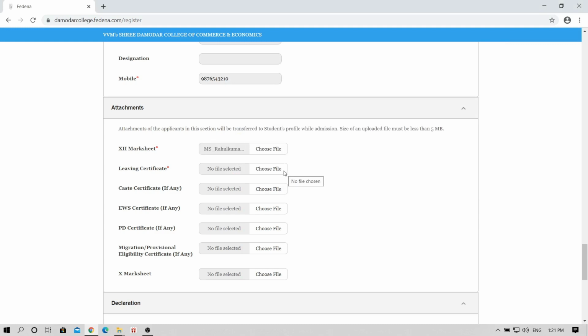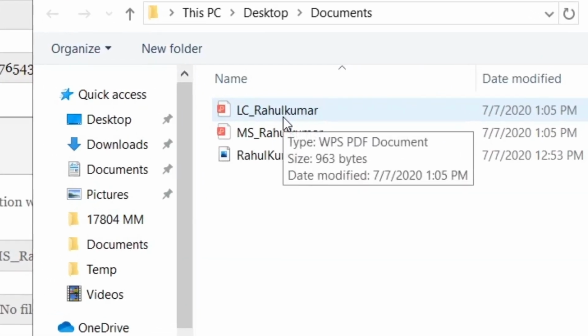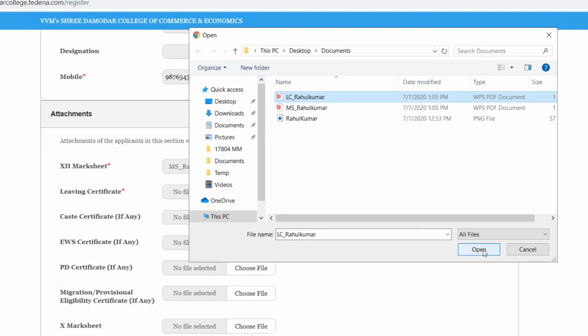So the mark sheet is attached. Next, I will be attaching the leaving certificate. The leaving certificate is saved in the format LC_name.